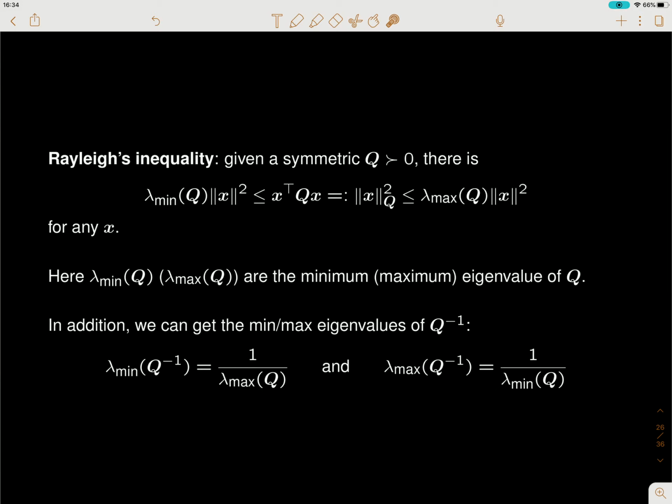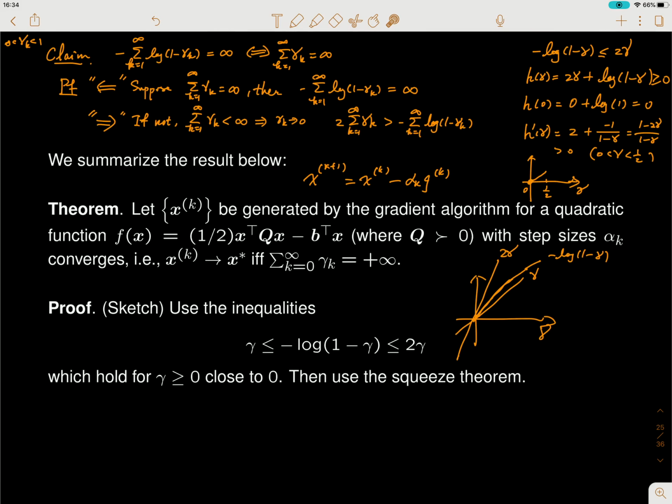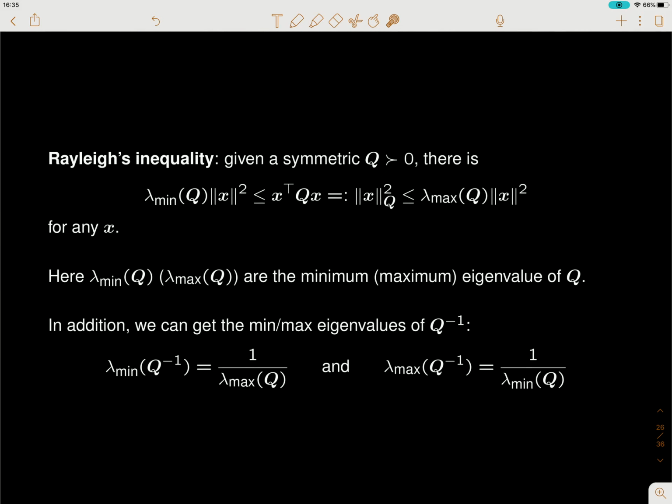Okay, so now let's check what happens if we use the steep descent algorithm. In that case, we have a specific choice of this gamma k, alpha k, which is the step size in the steep descent method. So to study that, we will need this Rayleigh inequality to derive an estimate for that step size alpha k. Okay, so Rayleigh inequality is regarding